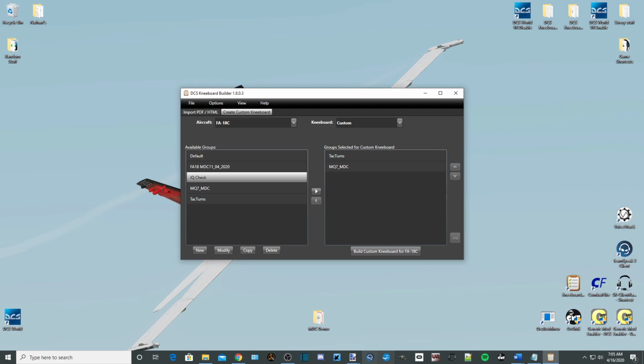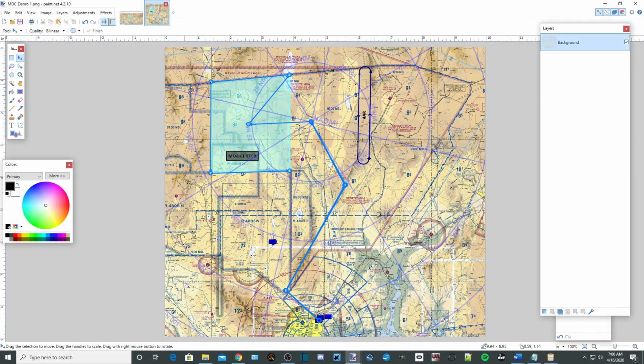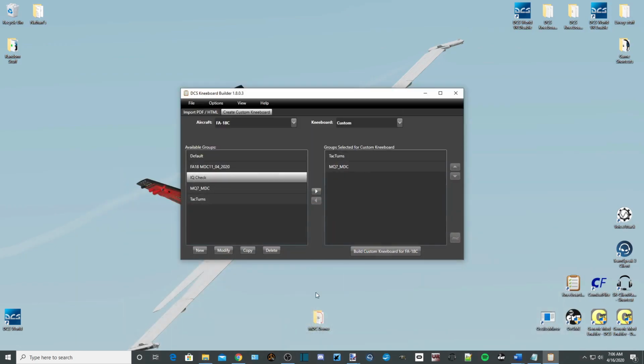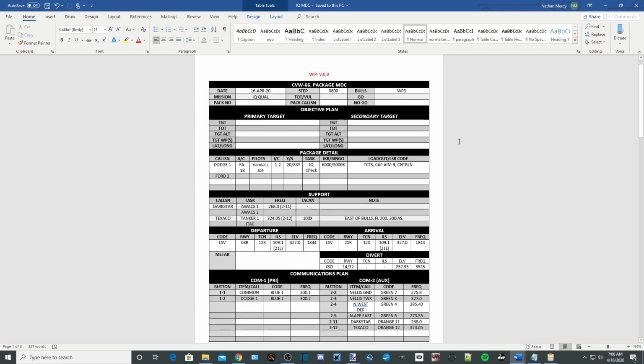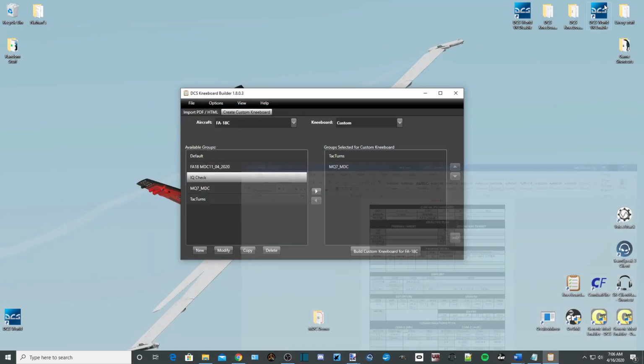Well, remember how we took a screenshot of CombatFlite. We highlighted our box, we did a copy, paste into a new image, and then we did a file save as an image. You would do the same thing with these documents. Maybe zoom, actually that's pretty good right about there. You would take screenshots of each page. You would crop out and do a copy paste in your paint program, and you're just going to save those all as individual image